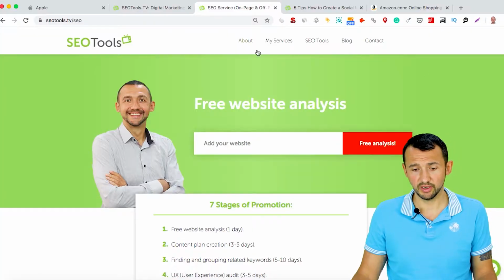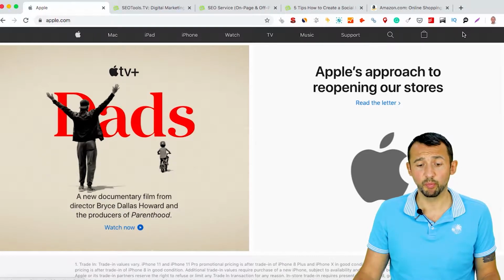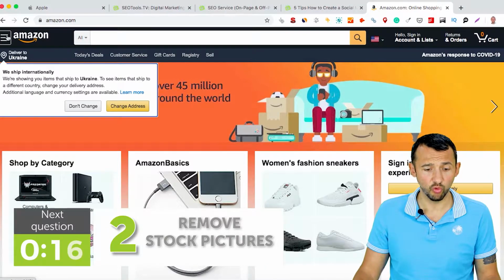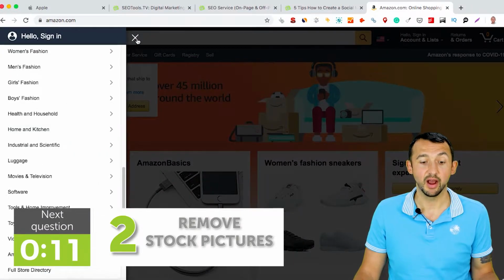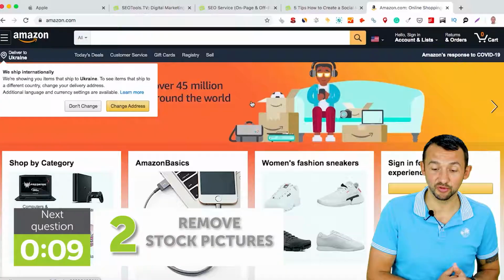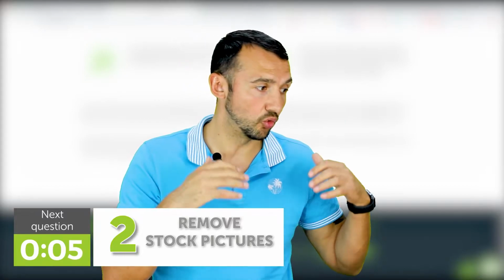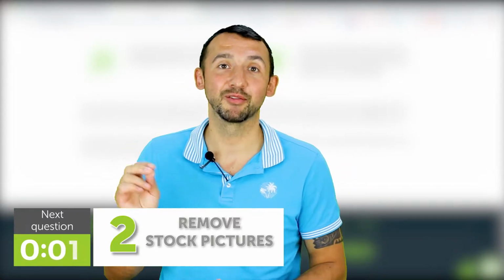And you can have a website structure like Apple has on the top page. You can use another one, but don't overwhelm. And for example, even on Amazon, to open this huge catalog, you need to click here, you know, to find other items on Amazon. And yep, it's a big problem when webmasters try to overwhelm their websites. Don't do it. And we will go to the next tip.